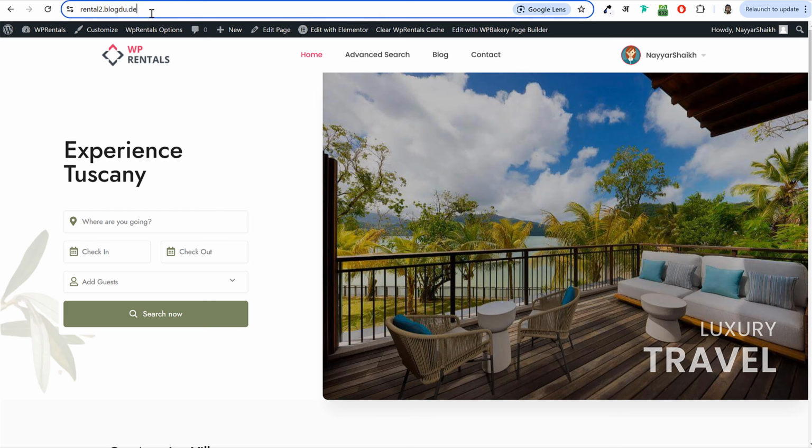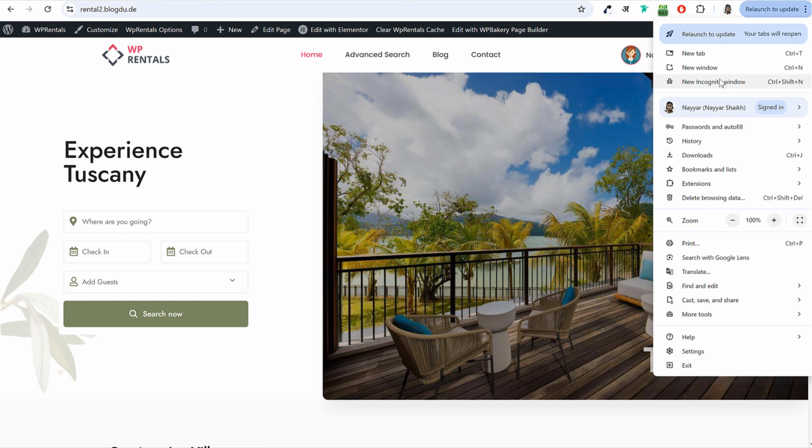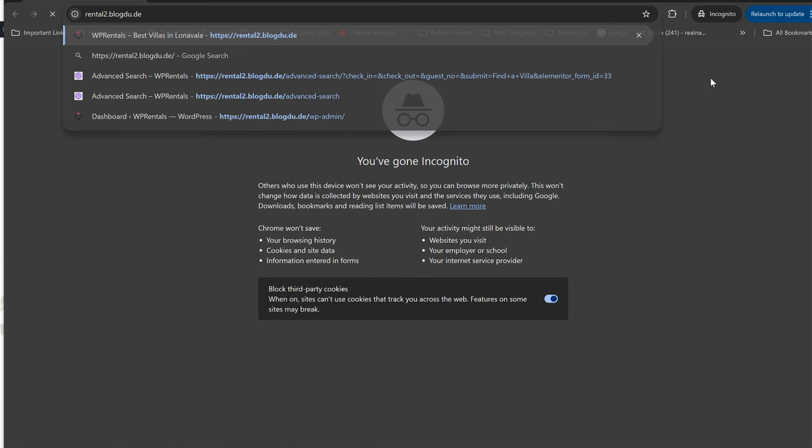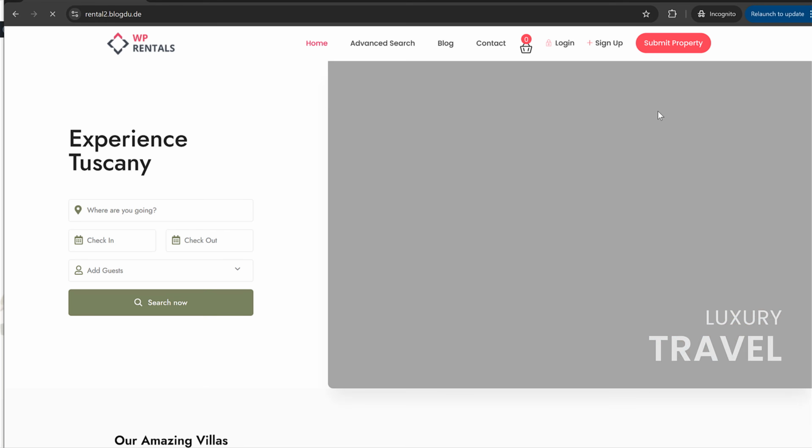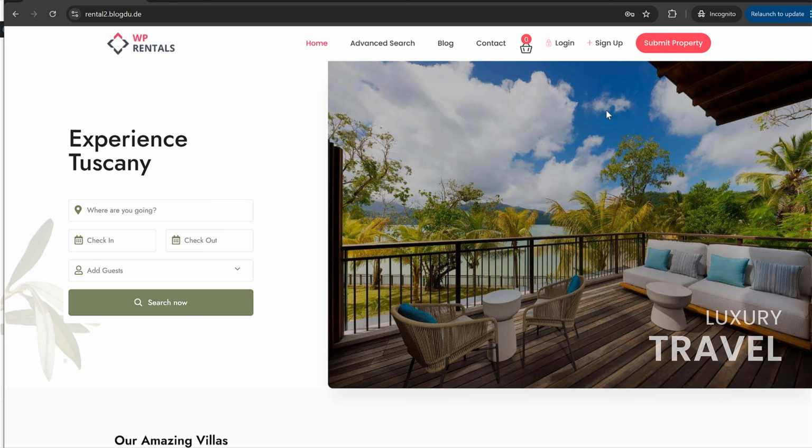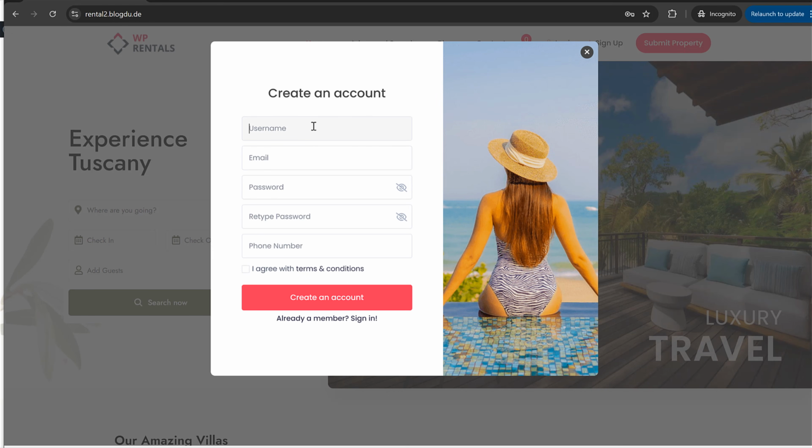Finally, let me do one thing. Let me open this website, the final checkout I'm displaying. I'm just showing you the final demo transaction. Now I'll open this website in a new private window. So I'll open this in a new incognito window and let me sign up as an owner, and let's see whether we are able to submit property and do all those things or not. So first I'll click on sign up and I'll have to enter my username, which I'll type in John Doe. Okay. Email, I'll type in